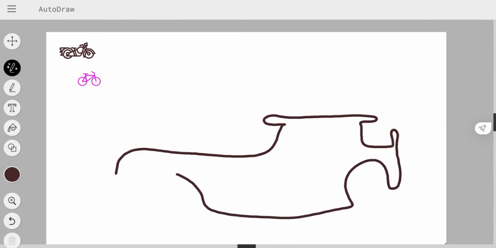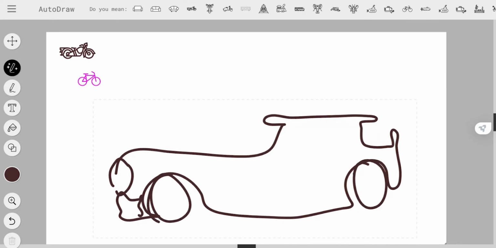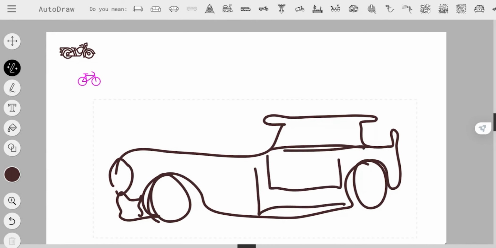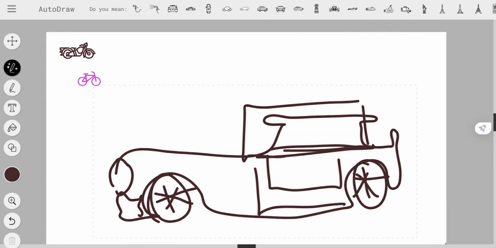I am trying to recreate one of the very old models of cars here, and supposedly I am very bad at drawing, so I'm just giving random sketches to it. It has come up with some illustrations of cars, but not that cool, not that vintage car.